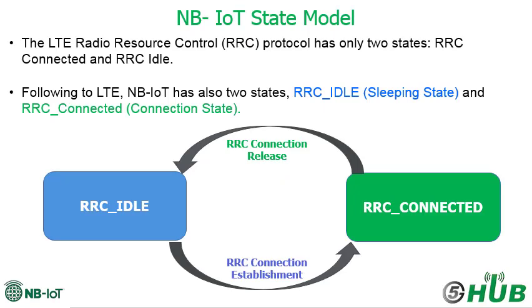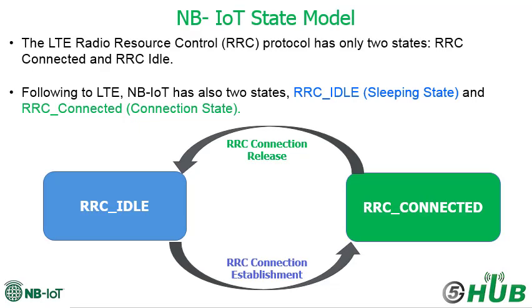The LTE Radio Resource Control, or RRC, protocol has only two states: RRC connected and RRC idle. RRC idle indicates that the signaling radio bearer is not established, meaning no RRC connection is established. Here the device monitors the control channels to determine whether any data is scheduled for communication or not. The device in this state performs neighboring cell measurement, cell selection or reselection, and also collects measurement reports